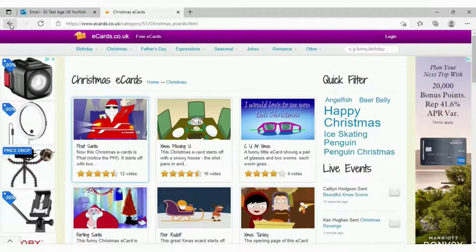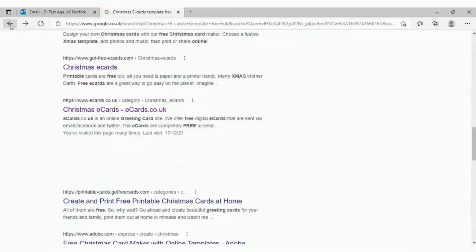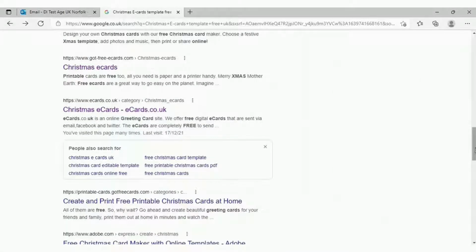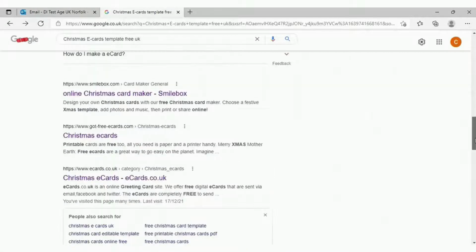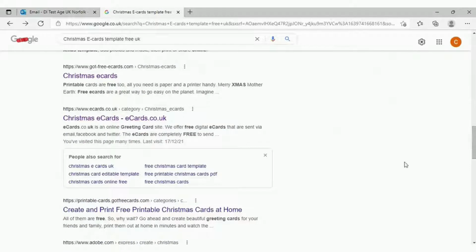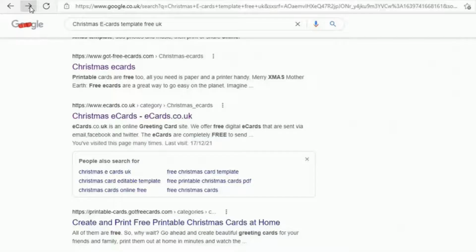When you click onto a website and you find it's not the one you're after, then you can always go back to the previous page you were on. To do this, you can use the arrow keys on your screen in the top left corner. So I'm going to click onto this left pointed arrow, and this brings us back to the Google search options we were just on. And if I want to return to the website, I can now use the right pointed arrow to take us there again.